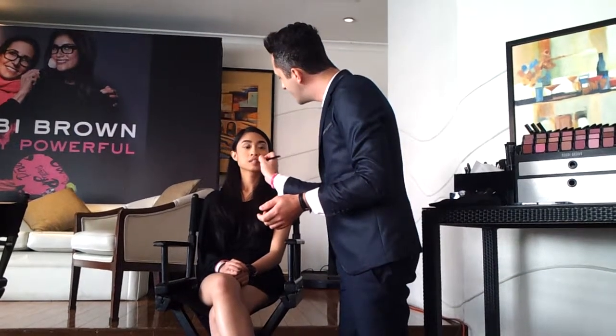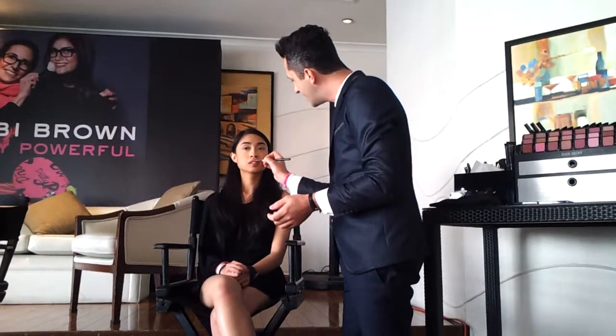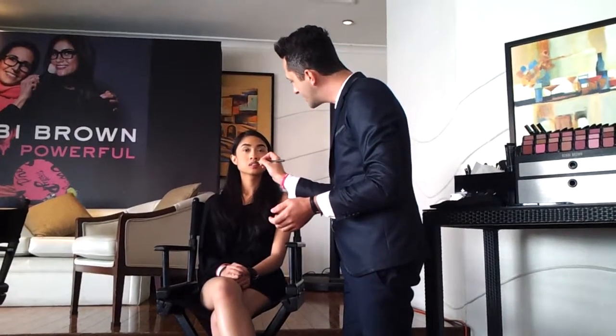And what I love is in Bobbi's 10-step techniques, she shows blush, lips, then eye makeup. And if you see, even just a little bit of blush or lip blush, you can easily walk out the door, put on some mascara in the car, which I know most of you probably do, or on the train, or however we're going to